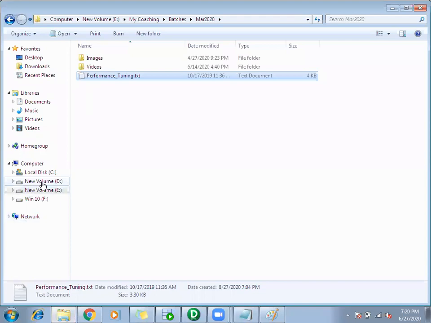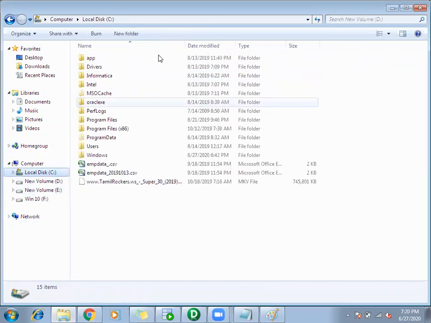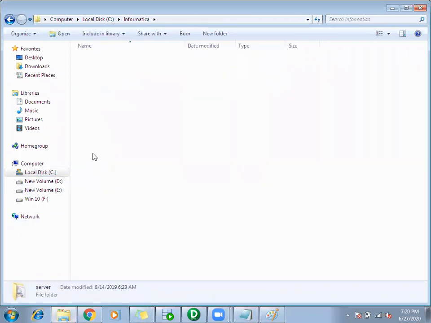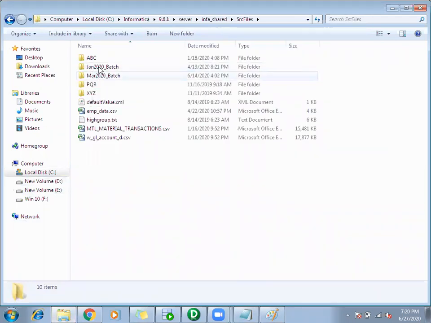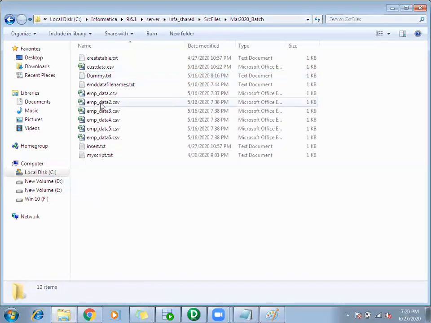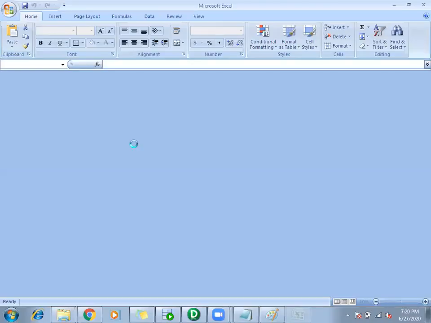So we'll consider one flat file as a source. We'll consider this EMP data.